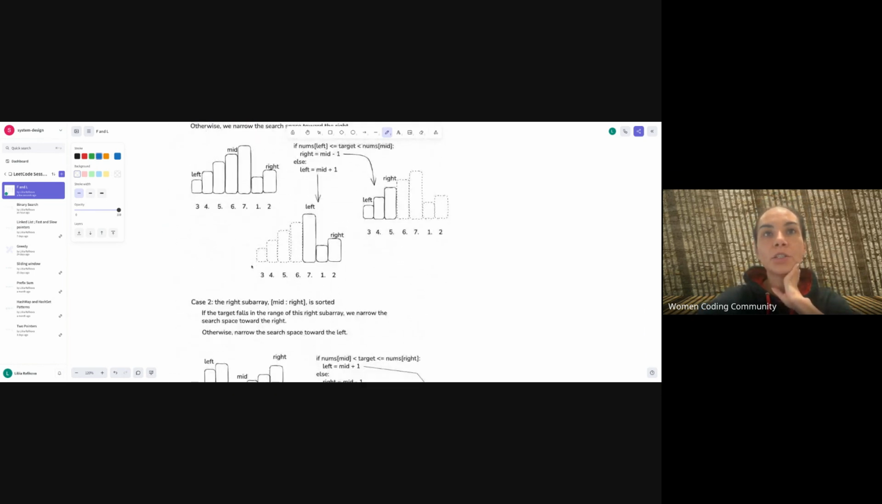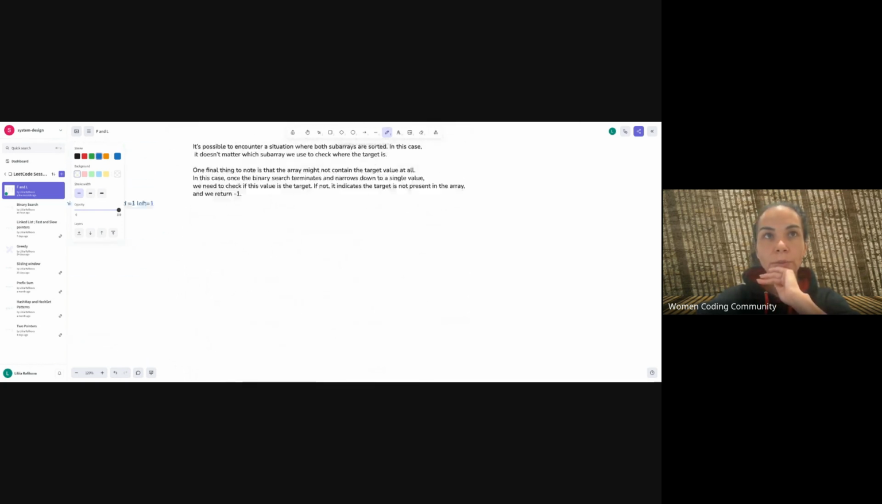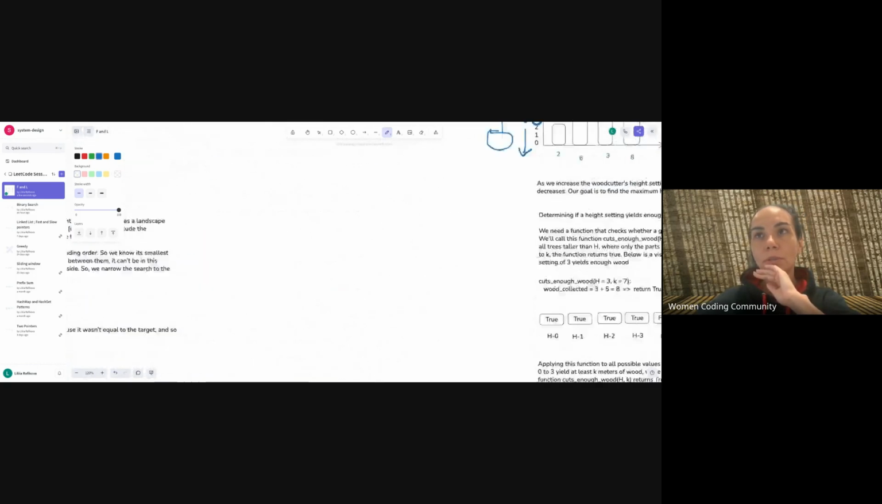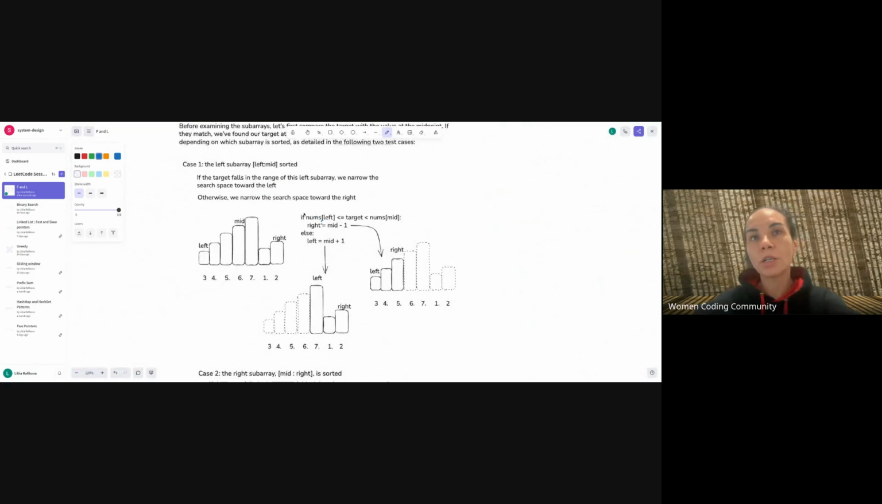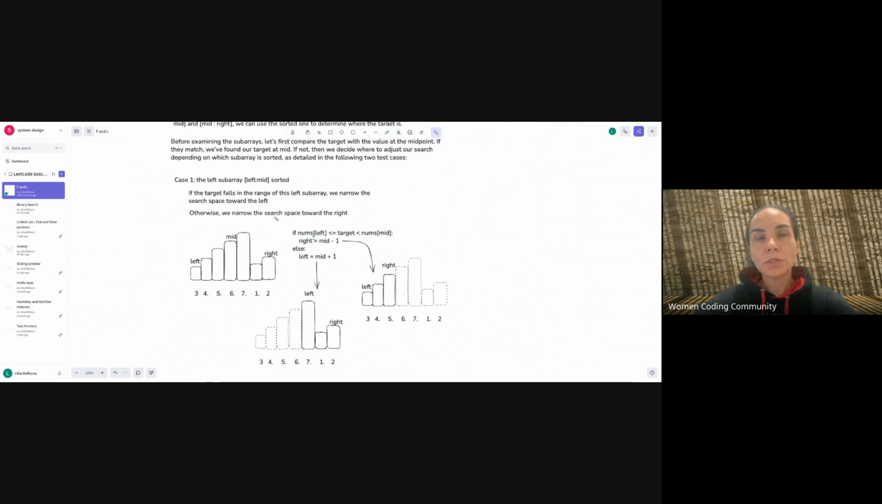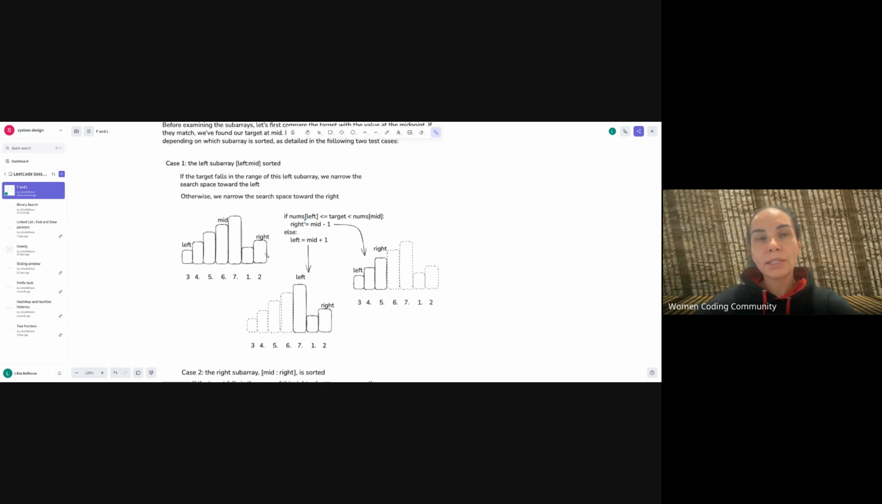And we're taking the decision. So this is the code. I will show code, as there is no code, I believe. It doesn't include. Okay, but there is a snippet showing how we're taking the decision. In this case, let's take the case where the left subarray, left to mid, is sorted. If the target falls in the range of this left subarray, we narrow the search space toward the left. Otherwise, we narrow the search space towards the right. So in this example,